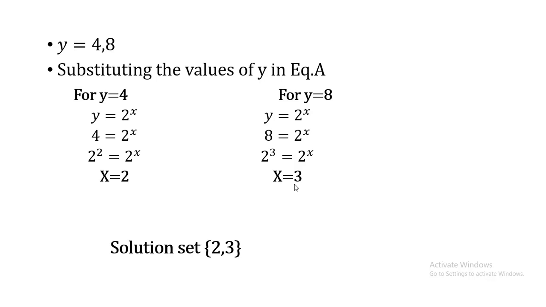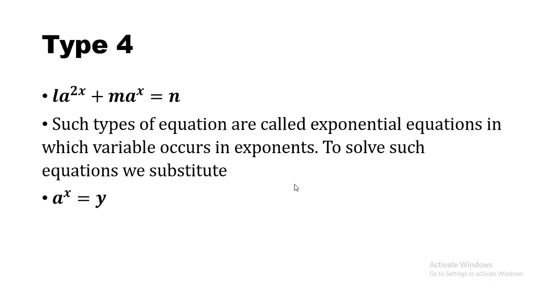Now if you go back and see what exactly my equation is and how we solved it, this was my type 4 equation. In this type, the variable is in the power, in exponent form, so first of all we suppose a^x = y, and then we can find a quadratic equation. We solve it and then do back substitution to find the value of x. So this is the exponential equation. I hope all 4 types are clear by now.